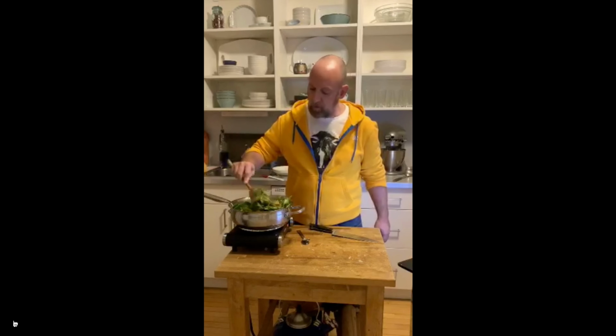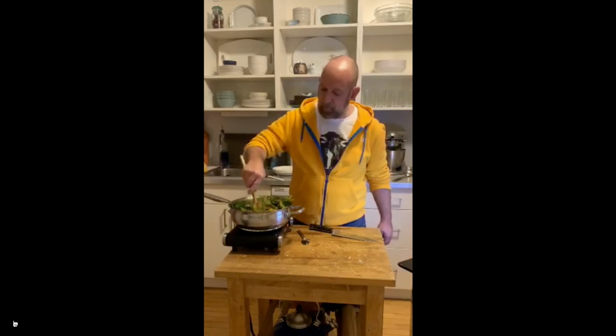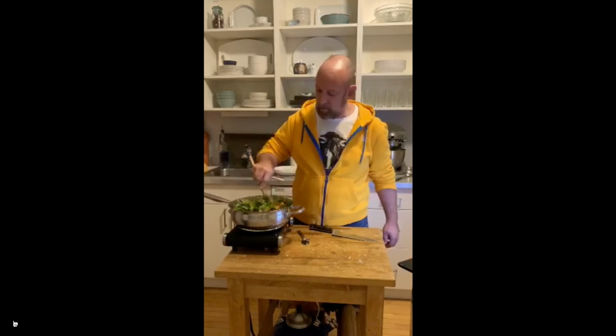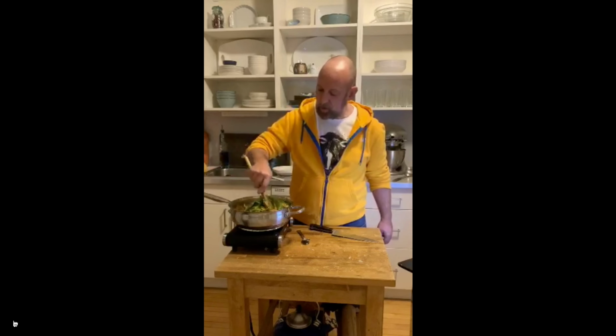Keep stirring it in. It's almost like folding, like we did with the mini chocolate mousse. Scoop it up from the bottom. Get that hot stuff up over top of that spinach. It's cooking it down, loosening up that sauce. Spinach is almost done. And next we're going to go in